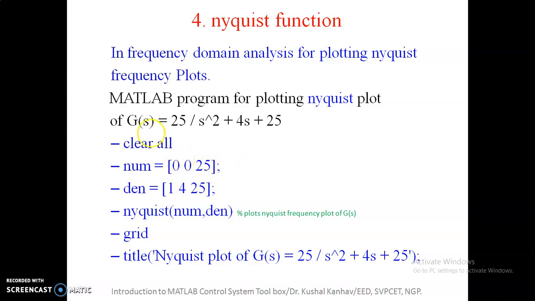Otherwise, if you go on analyzing on paper, it is a time consuming process. It takes a lot of time to apply the formulas, to get the information, to get various time and frequency domain specifications. It is a time consuming process on paper, and complex systems cannot be solved or analyzed on paper. For that reason, MATLAB is used. So these are the various advantages of MATLAB.